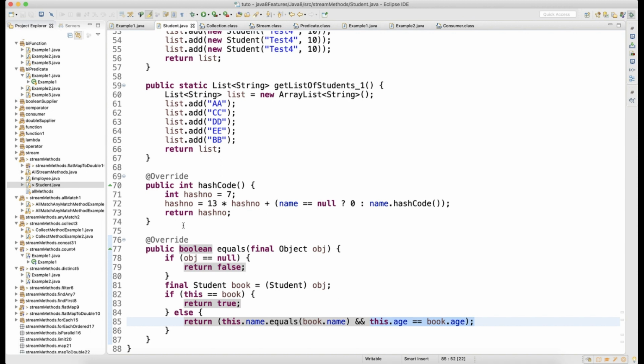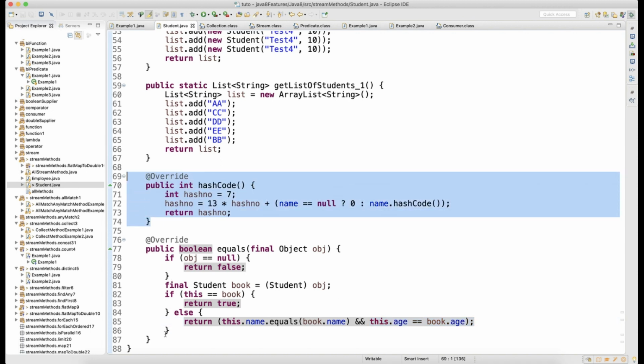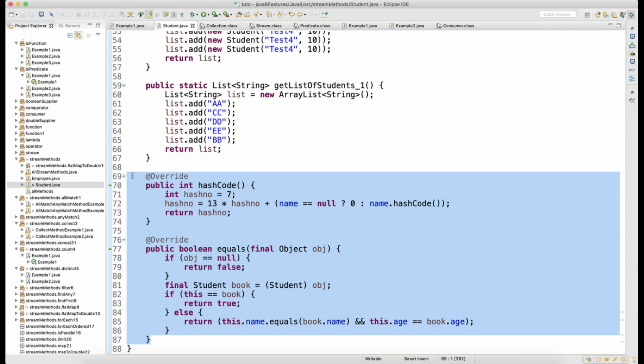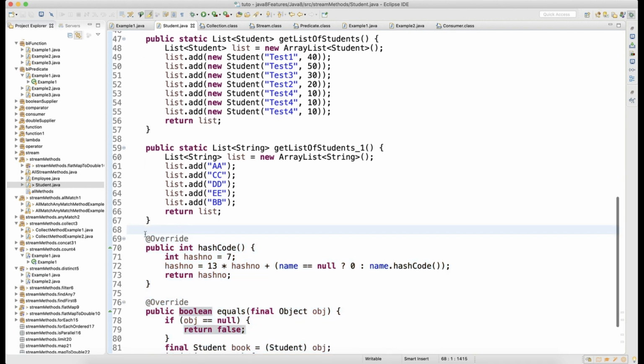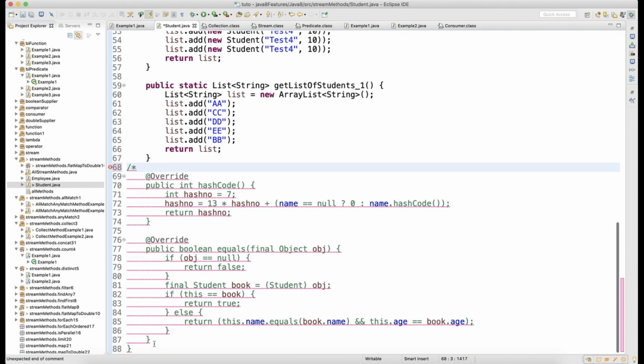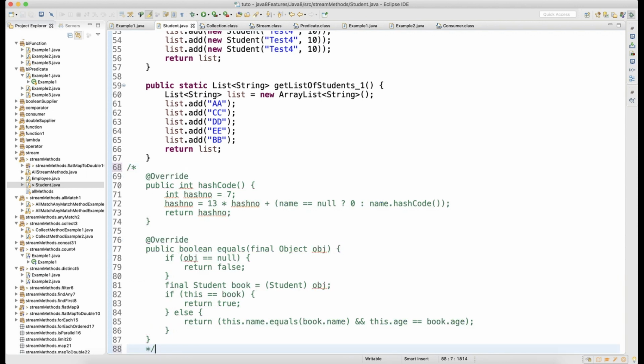So basically I am overriding the hashCode and equals method, and these two methods are helping me to achieve the uniqueness. Otherwise there is no way I can achieve the uniqueness. This is a very big concept I have covered when I was talking about core Java. You can see my collections framework video if you have any doubt on this.